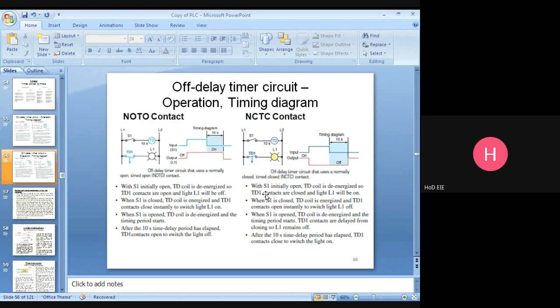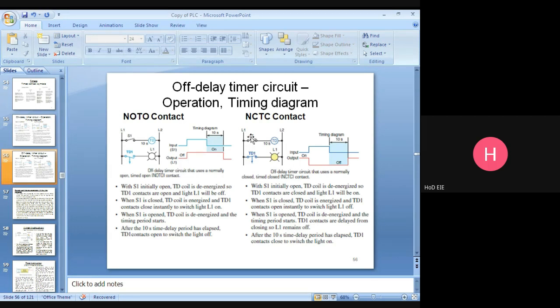When S1 is opened, which means the zero condition, the DD coil is de-energized and the timing period starts. DD1 contacts are delayed from closing, so L1 remains off.